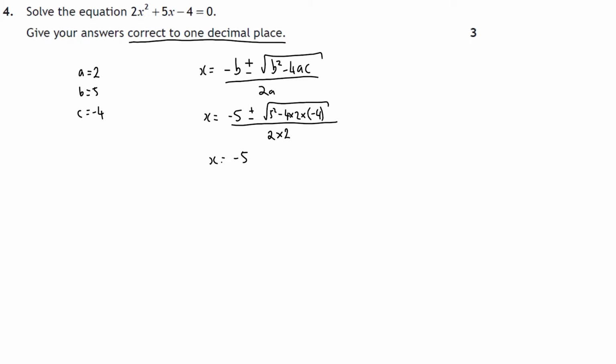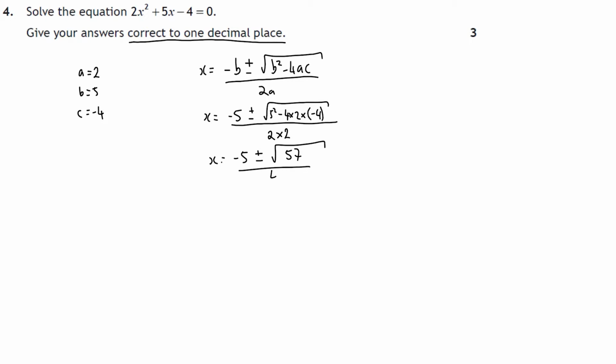Let's simplify that a little bit. So negative 5 plus or minus the square root of 5 squared minus, the double negative at this stage is going to give us a plus, so we're going to do 25 minus 4 times 2 times negative 4, and that gives us 57